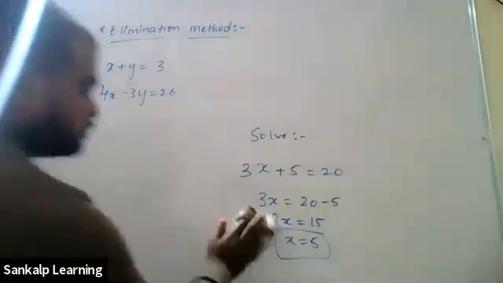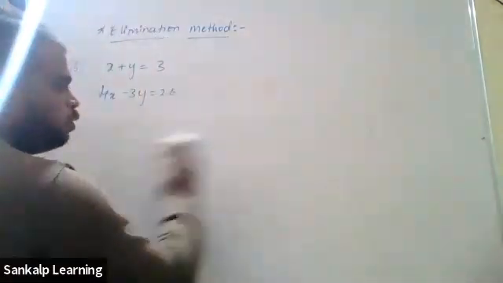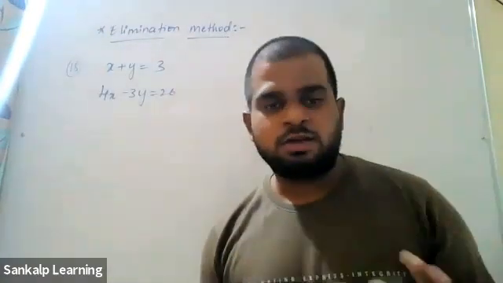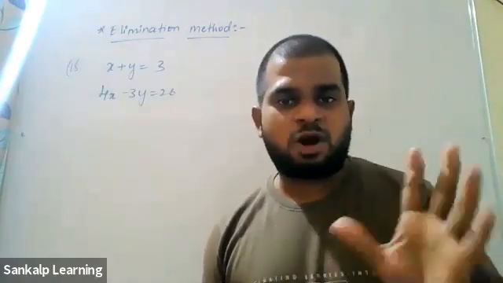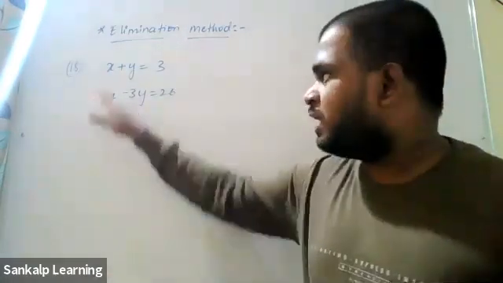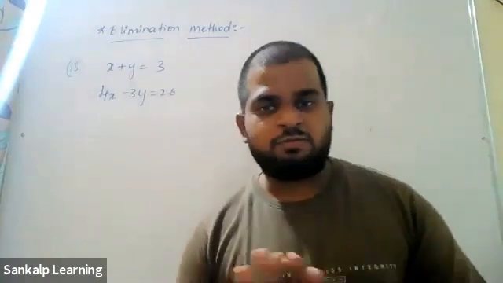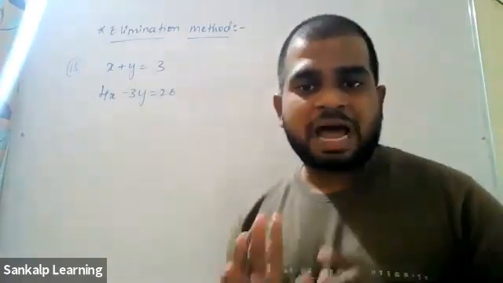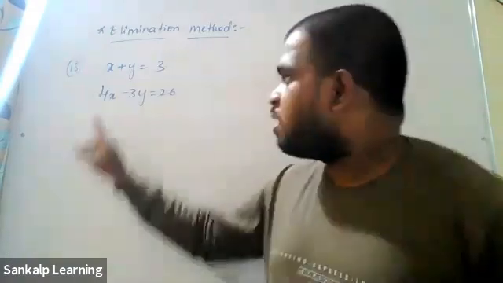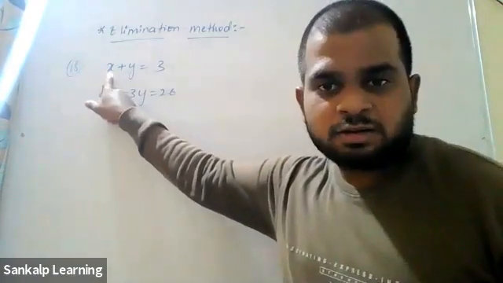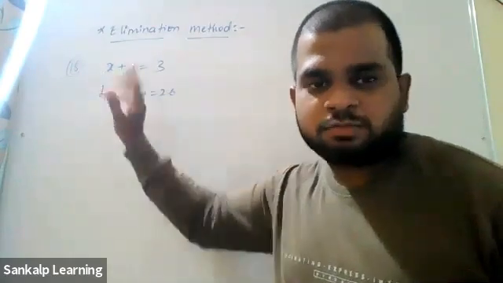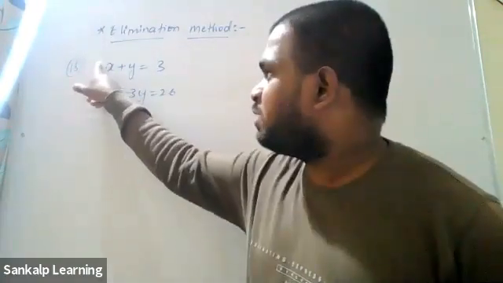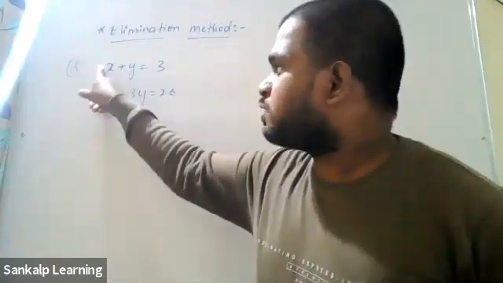Now here you have two variables, x and y. You're going to eliminate one variable. It's your wish; you can eliminate x or y. I'll always choose to eliminate x. We have decided which variable we are going to eliminate. What is the procedure? Observe the coefficients of x. What is the coefficient of x here? 1. Coefficient means the number multiplied with x. There is no number with x, but it is 1. So the coefficient of x is 1.